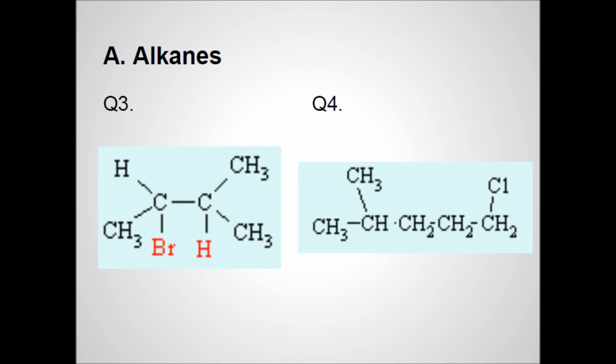2,3-dimethylbutane. On question number 3, there are 4 Cs as a parent line and 1 bromine connected to the second line and 1 carbon added to the third line. Then it is going to be 2-bromo-3-methylbutane. Question number 4, there are 5 Cs as a parent line and it has 1 branch line on the